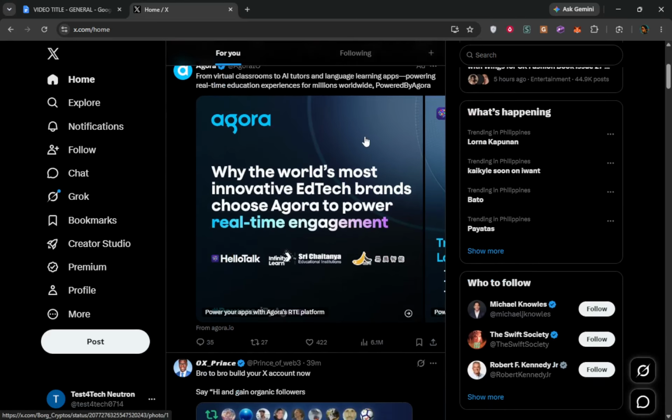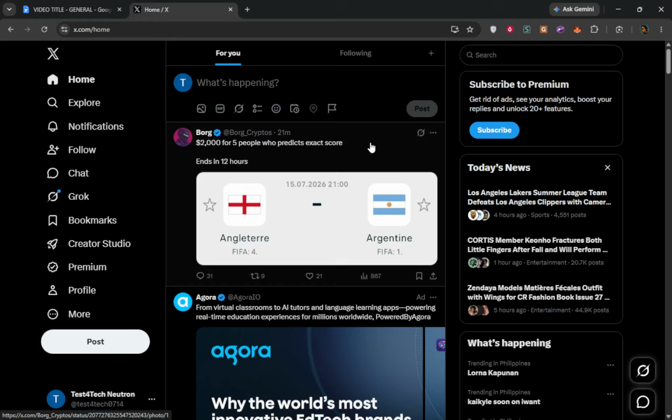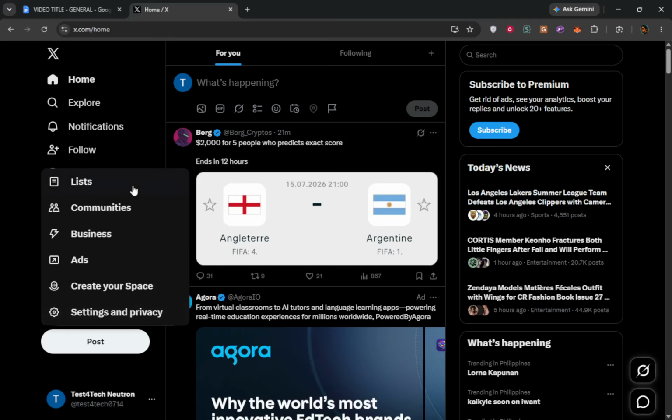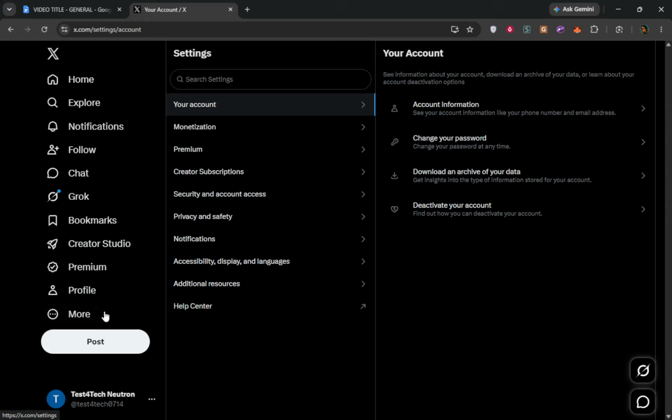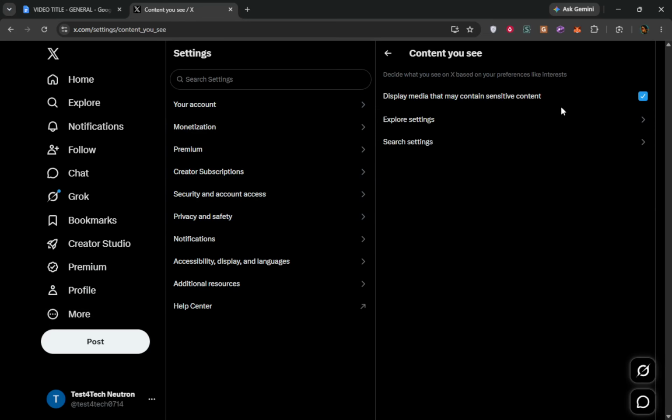Lastly, please note that if you are using an iPhone or iPad, you may need to change this setting through the X website rather than the app. Additionally, remember that age-restricted content may still be unavailable to users under 18 or accounts without a birth date. This is an essential aspect to keep in mind, as it ensures compliance with content regulations.